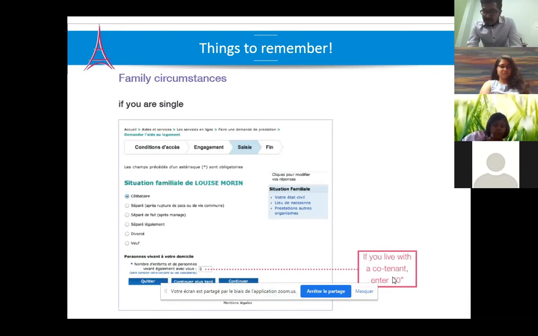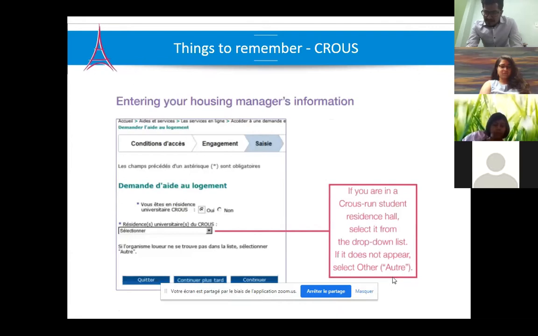Then the next thing is entering information about your accommodation. If you are living in a CROUS accommodation, it will ask you, vous êtes en résidence universitaire CROUS. What that means is you are living in a university residence, a CROUS residence. If you are, you select oui, which means yes. And then from the drop-down box, you select the name of your residence. If the name of your residence is not visible, it's not a problem. You can select other, and then you manually type the name of your